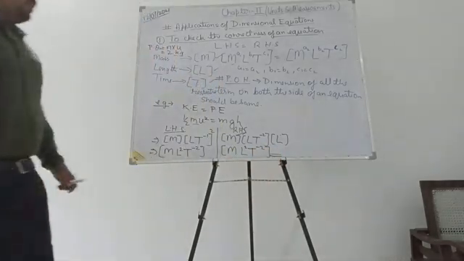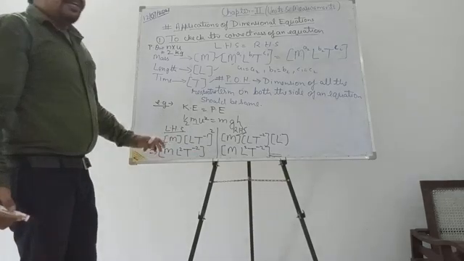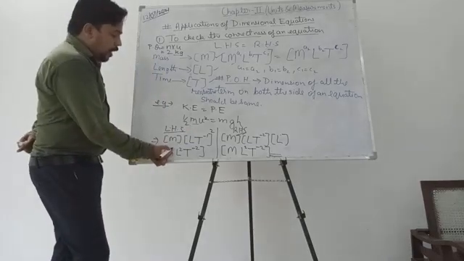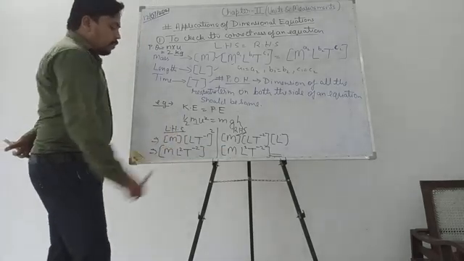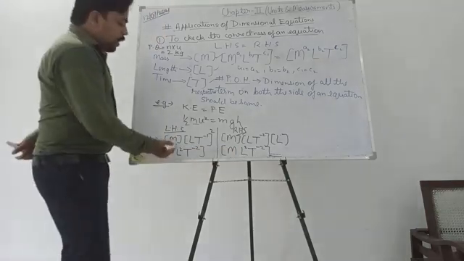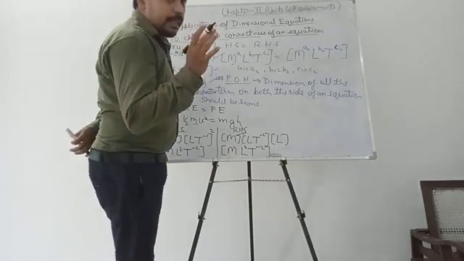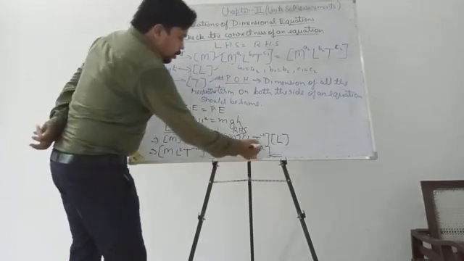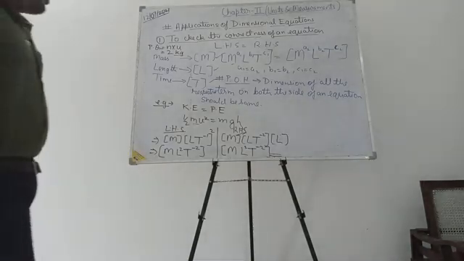So we can conclude from here, if we compare the LHS term and the RHS term, the principle of homogeneity is fully satisfied. The power of M is 1 on the left hand side, and the power of M is 1 on the RHS also. The power of L is 2 on the left hand side, and the power of L is 2 on the right hand side also. Powers are simply the dimensions that I told you about. I have explained everything in the classroom, and from now onwards I will explain further. And the power of T on the left hand side is equal to the power of T on the right hand side.